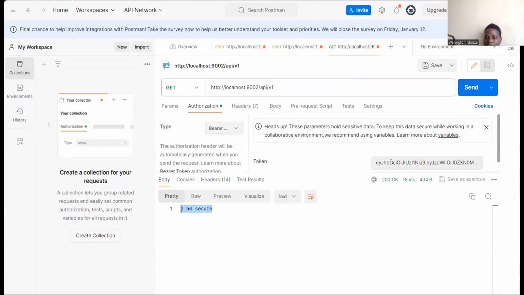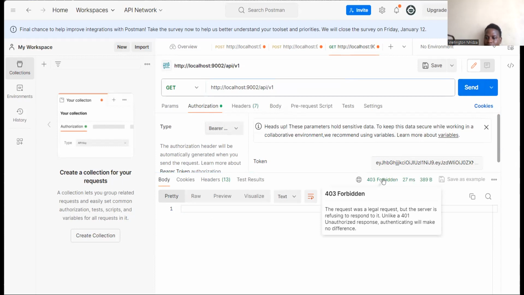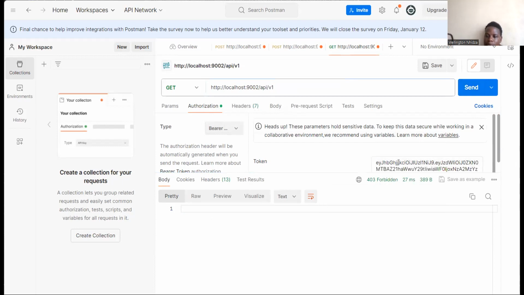I'm secure. If I change the token, let me just add something in the token. You can see it's still saying it's forbidden. So now you can see our endpoints are secure. If I hit again, it's forbidden. So let me confirm, put the right token. It's now showing I'm secure. So we can hit our endpoints, all secure. So that is it